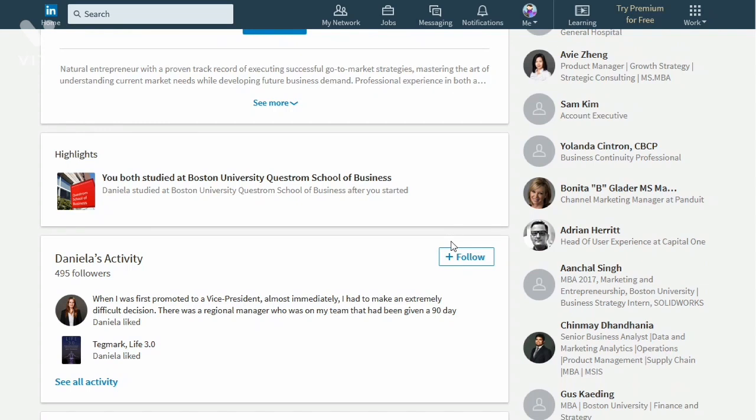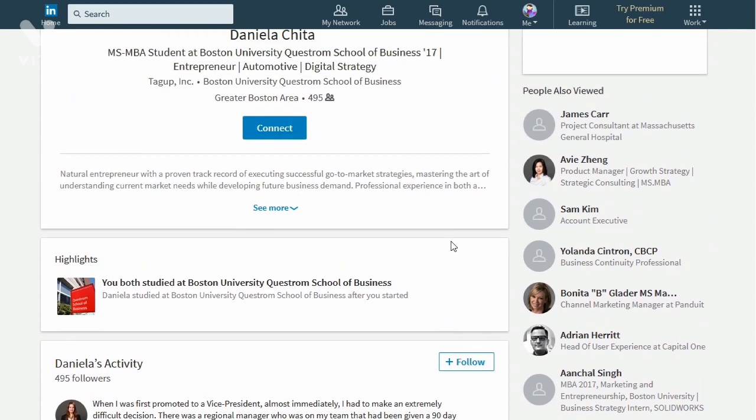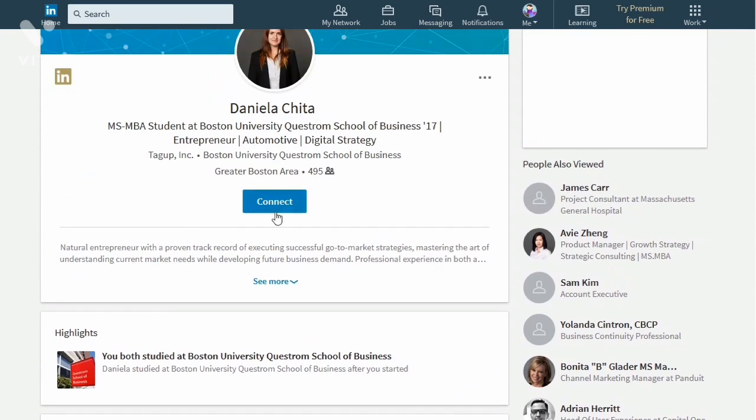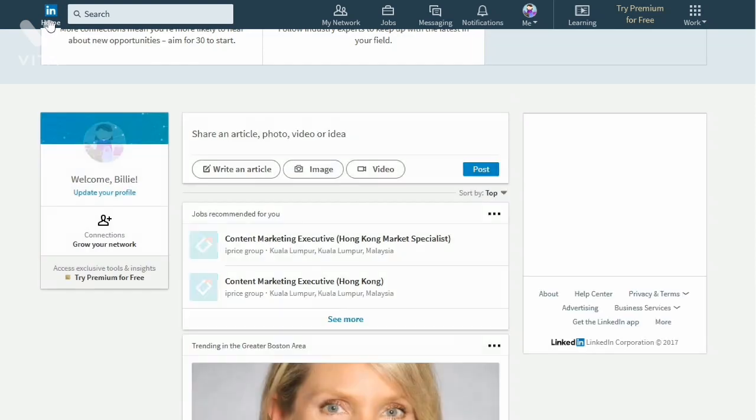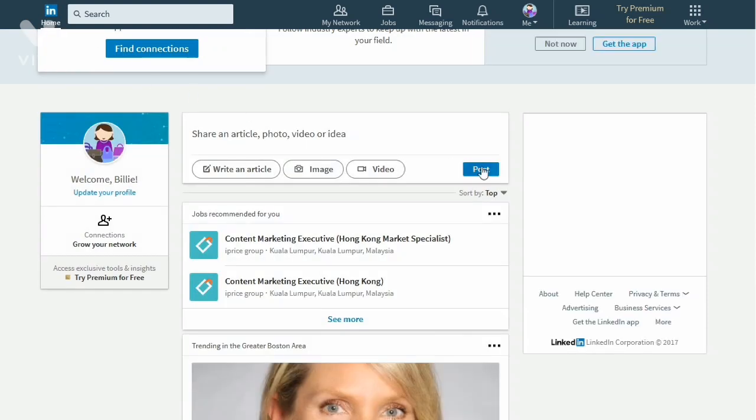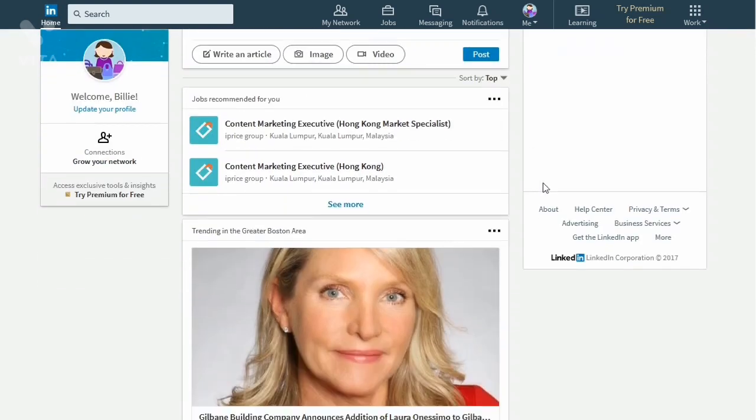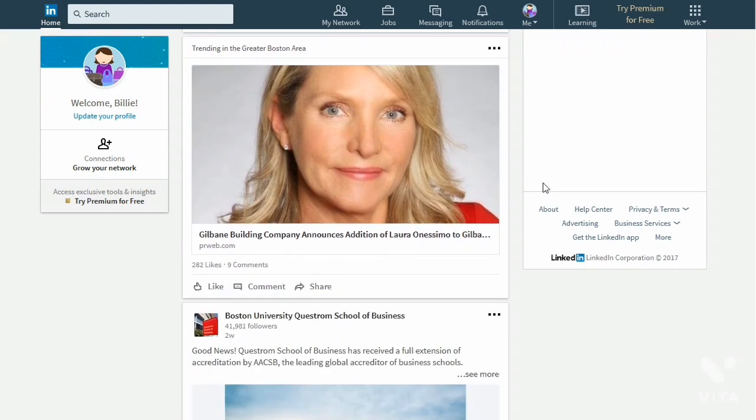So if he or she is the person you wanted to connect with, click the Connect button and start your network. That is how you network using the contacts from your email and those who have similar education or working background as you. Another way for you to network with people is using the newsfeed from your homepage. If you scroll down, you can see related news from across the globe.